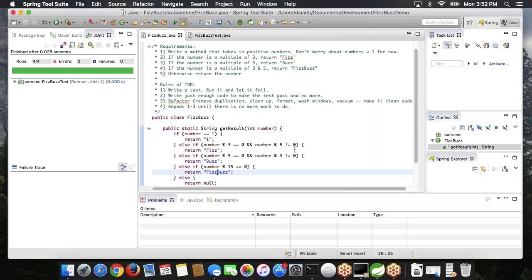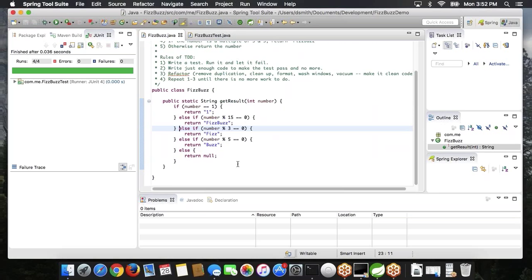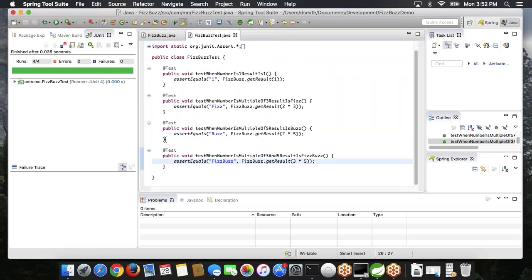But I don't really like how this reads. This seems kind of ugly. So now I'm going to refactor it. Take this out, and I put this up top here. Auto format, so if number equals 15, number mod 3, okay. Run my test, and I'm still good. That seems pretty clean, seems pretty legible. Okay, go back over here,